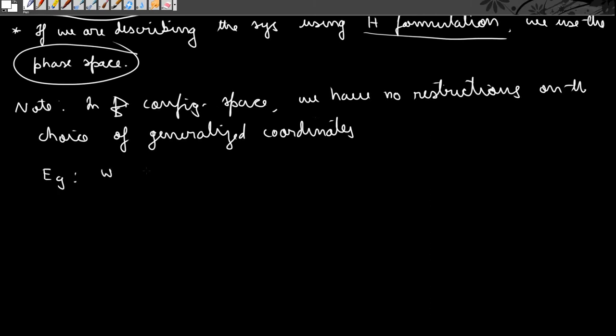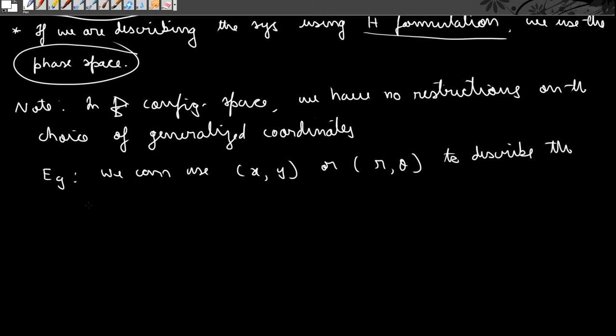So that means we can use either the Cartesian coordinates or the plane polar coordinates to describe the same thing in 2D space, correct? And how do we go from this set of coordinates to this set of coordinates? We make some form of a transformation which is given by the following equation.